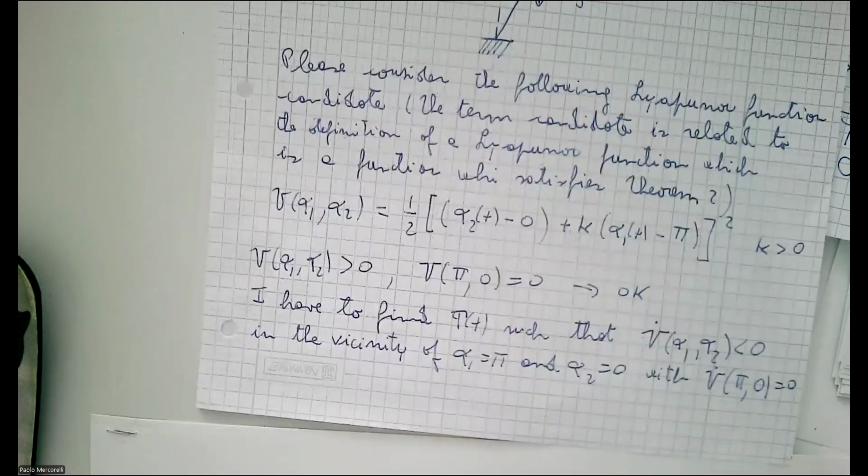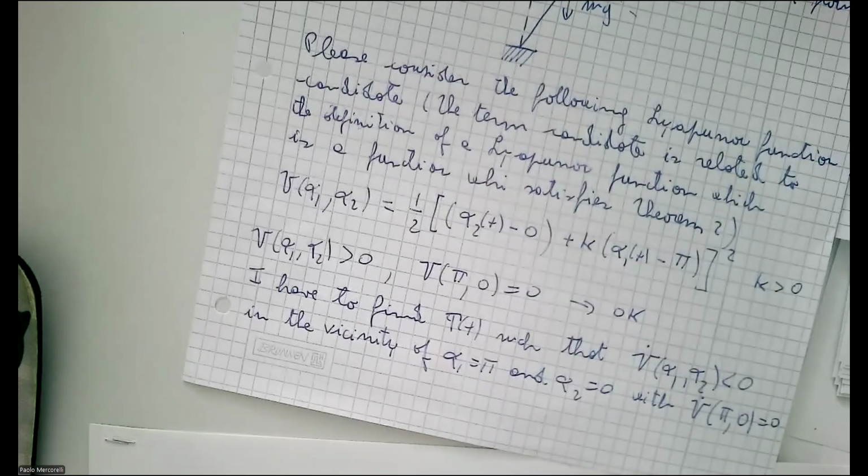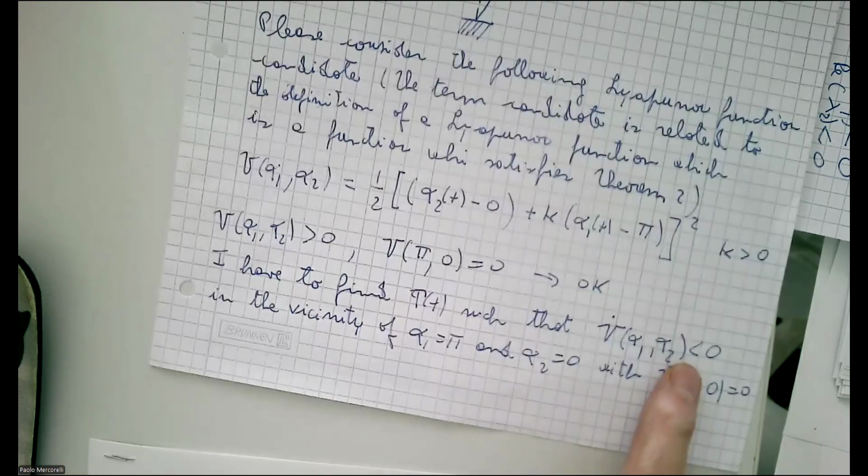Now I have to find the control law, in this case the torque, which must be generated by an actuator. At this moment, I didn't consider the actuator. If I consider the actuator, it's really a complex project, could be a master thesis, believe me. Around the point alpha 1 pi and alpha 2 0, it should guarantee